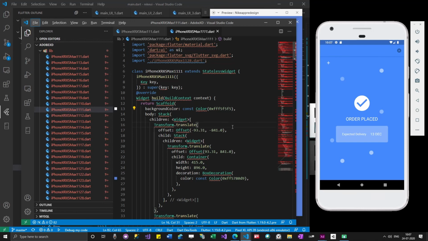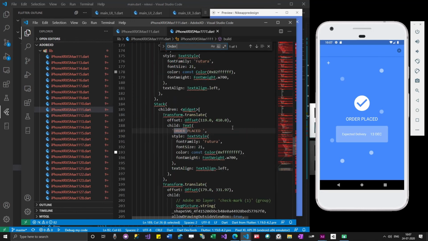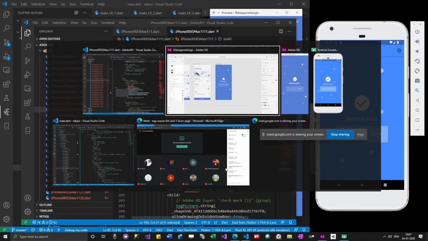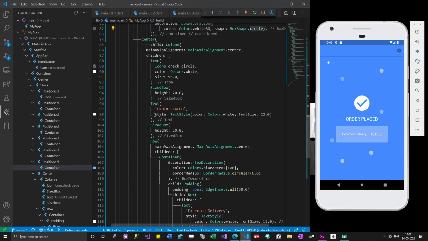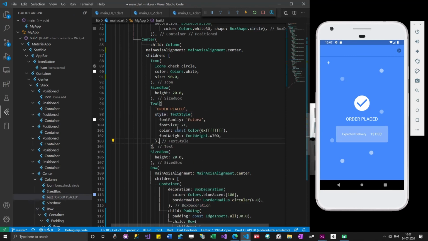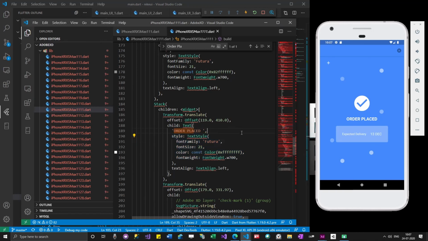I need to search for order placed. Okay, order placed style is over here. So I'm just replacing. It got slightly changed. So expected delivery also will change.